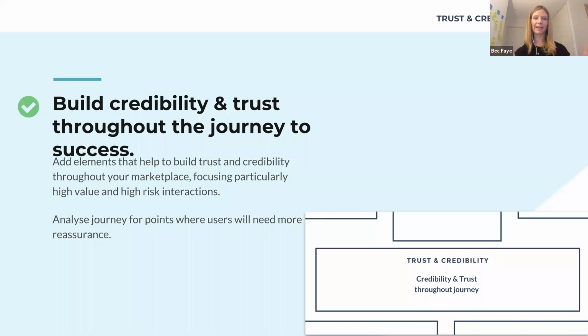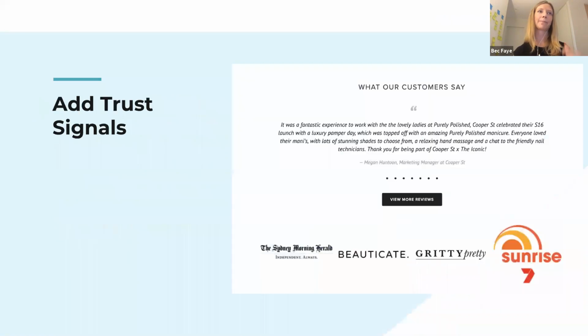On that journey to success, we looked at how you can add more trust and credibility along the way. This might be a matter of bringing out your map again, having a look at the journey, and jotting down some ideas about how you can build trust and credibility into that journey. Then look at your platform and where you can add the badges, or the testimonials, or the insurance and things like that. So start at the journey map level, then take a step back, and then map it down into your actual platform and design it in.